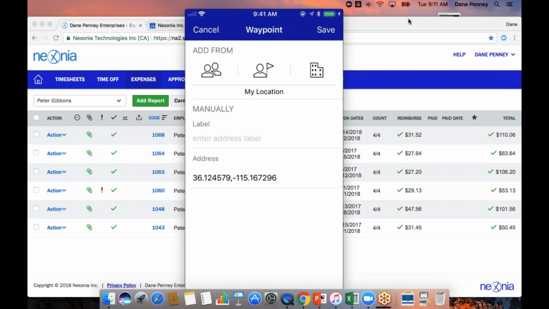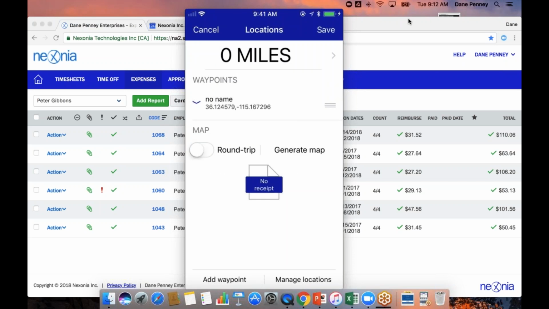So this is my location here. I happen to be in Las Vegas this morning, my time, and this actually picked up my GPS location. And this is something that your employees can use when they go visit clients, or if they're starting their trip throughout their day. They can input their starting point by inputting their current GPS location, and that would start their trip. For this exercise, I'm going to essentially just save that particular one, and then I'm going to add